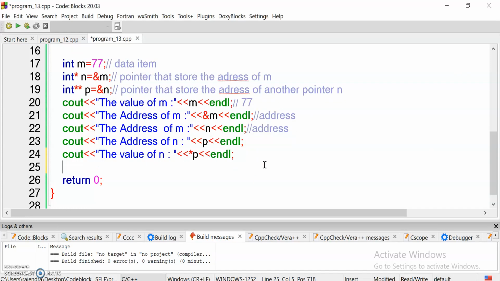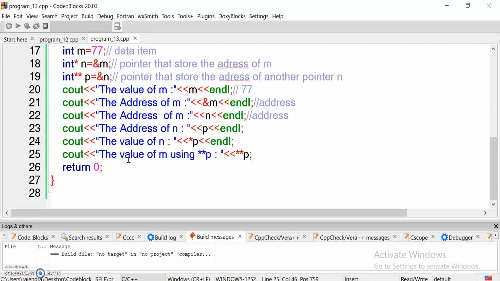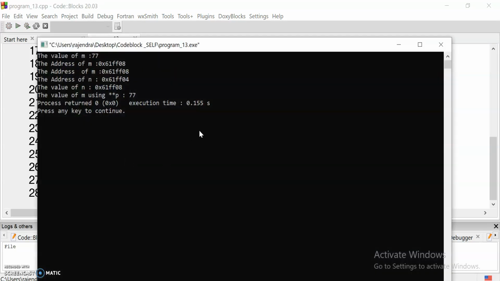So if I want to access m by this p, see how we can achieve this. The value of m using pointer to pointer p is, pointer to pointer p. Now see what has happened.